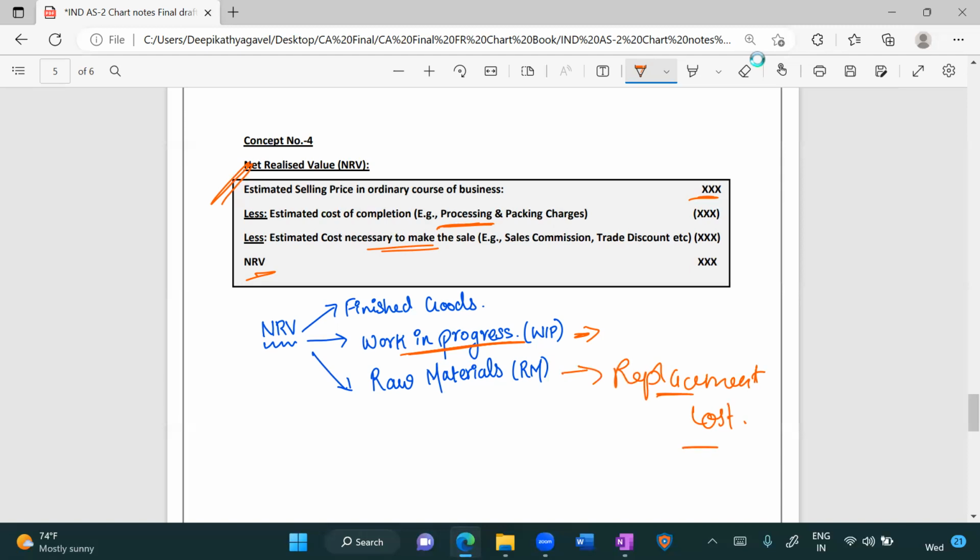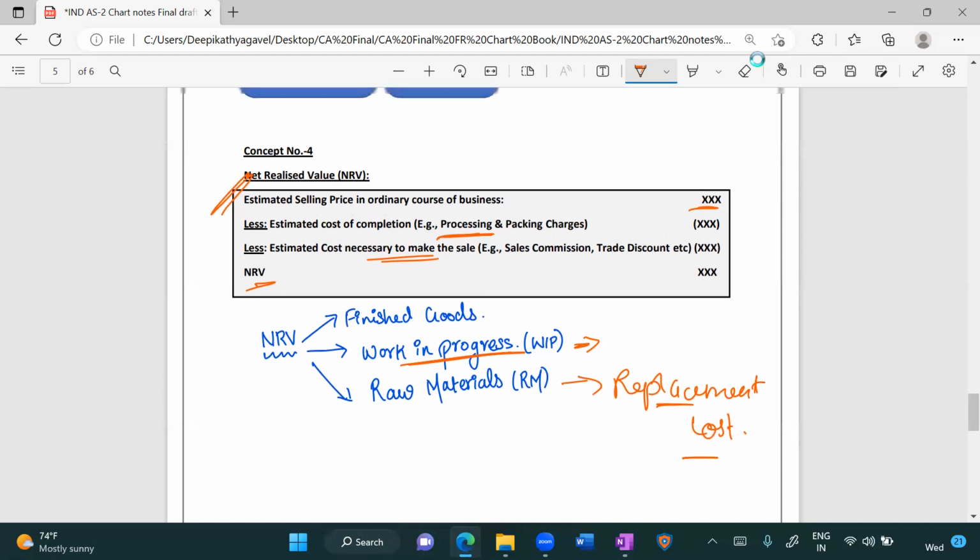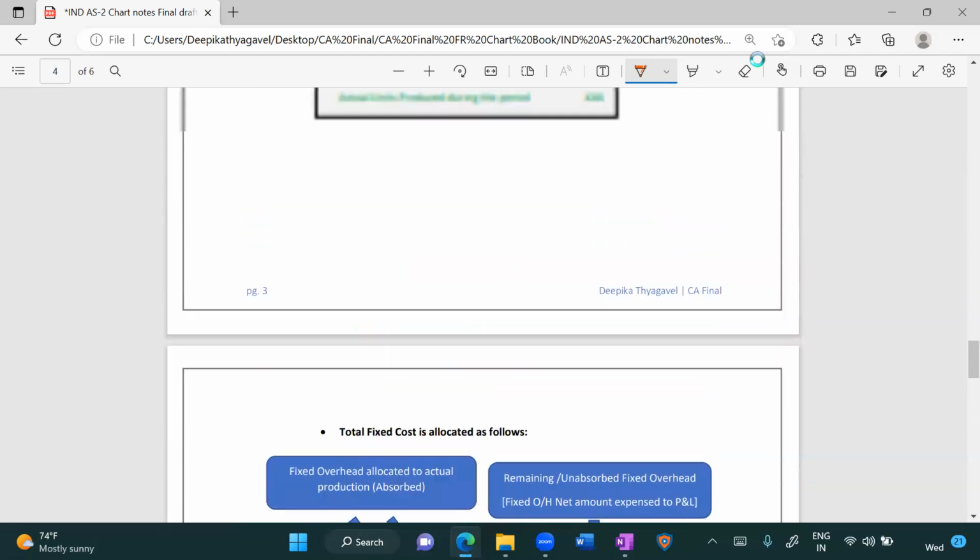Okay. So the net realizable value, overall, you will take the estimated selling price that in the ordinary course of business. From that, you will less the estimated cost of completion, and you will also reduce the estimated cost of sale, if anything is there, and then you will arrive at the net realizable value,